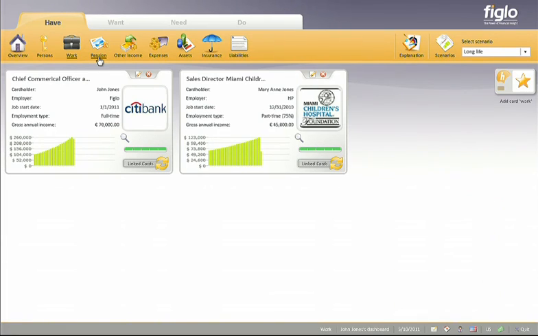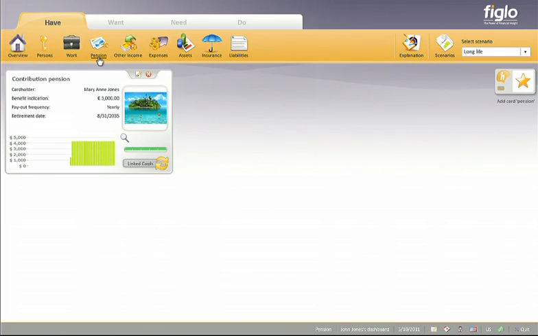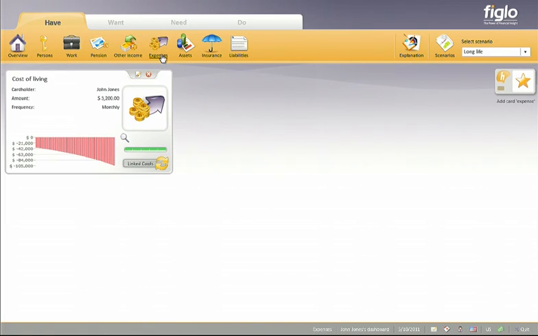There are other things that we can do in the interface, like pensions, 401k programs, other income. We can also go ahead and enumerate expenses. Now, most other financial planning tools typically work with clients by having them enter a bulk or an estimate of what their monthly expenses are.